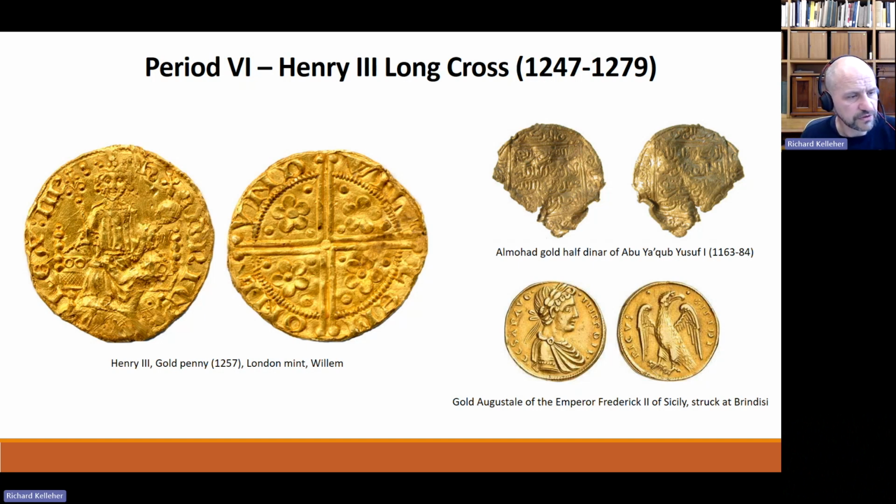And the reverse shows the voided long cross with rows and pellets in each angle, and an inscription around the edge names William of London. Now, William of London was the king's goldsmith, William of Gloucester. The issue was short-lived and quickly withdrawn, unfortunately, and it's been suggested that the coins were undervalued against the silver and quickly drained overseas. So the last of the long cross coins, and very rare, the last class were minted